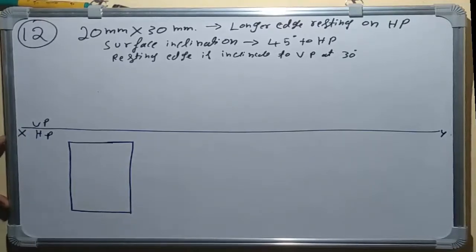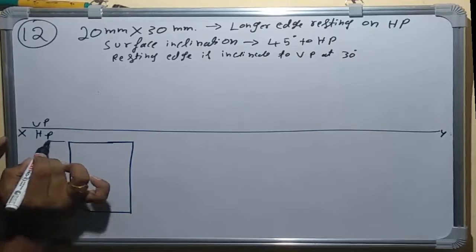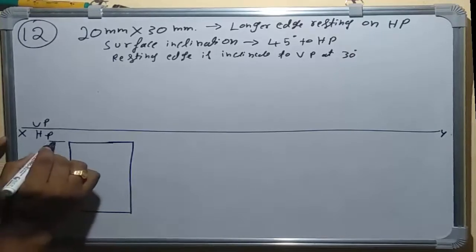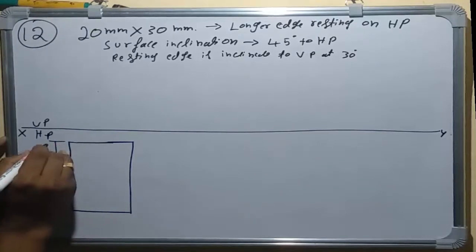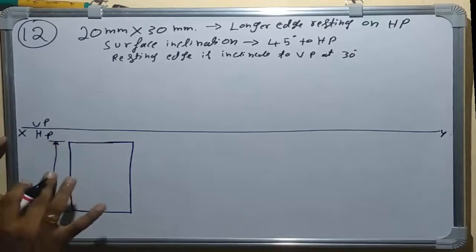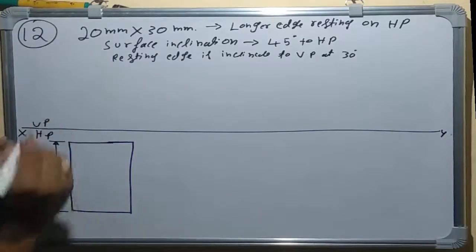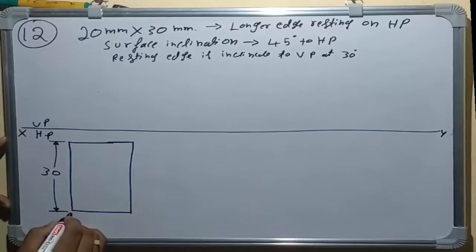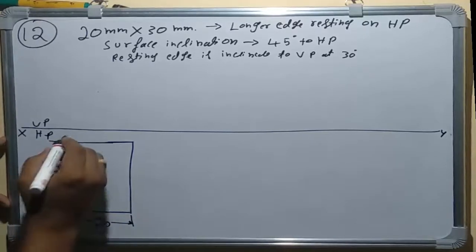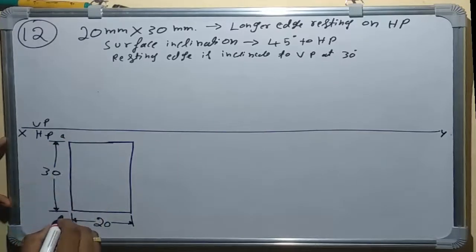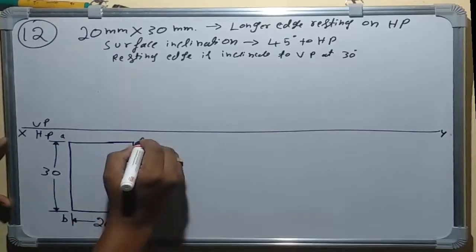So we need to show the dimensions. As we know, we have to draw the extension lines first, then the dimension line and the arrow heads. The arrow head should be filled, and at the center you can write the dimension, this is 30. In the same way, at the bottom, this one is 20. Coming to the naming, we can give any names. I will start with A, B, C and D.